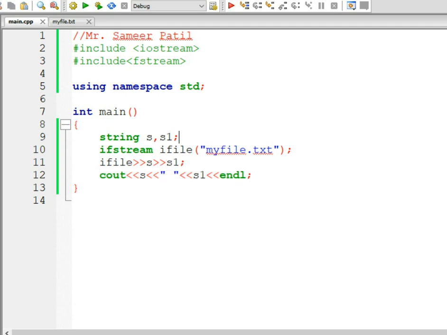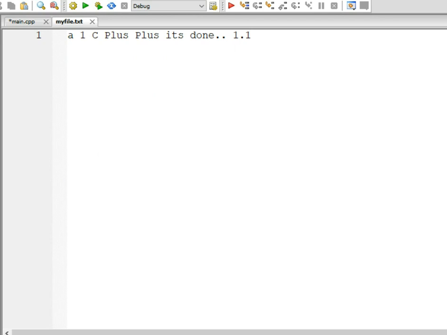What if we read one more string from the file? Let's say s2. So again the extraction operator, s2, and we will display the same on the screen. Let's add one space and then s2. Now let's understand what the third string in the file is. Strings are separated by spaces.